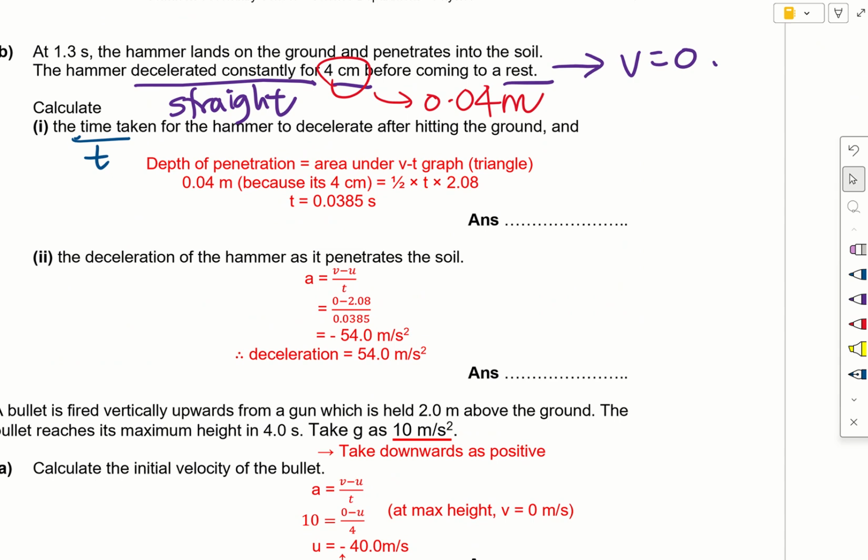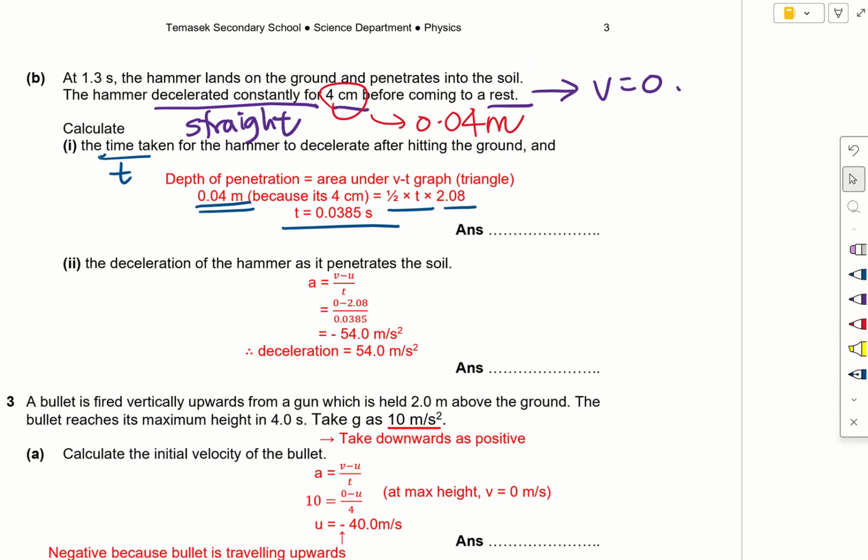So the depth of penetration is 0.04 meters. I'm using the area under the graph equals half times t times 2.08. So the time taken is 0.0385. Earlier on, I actually